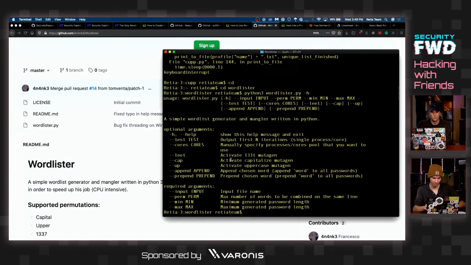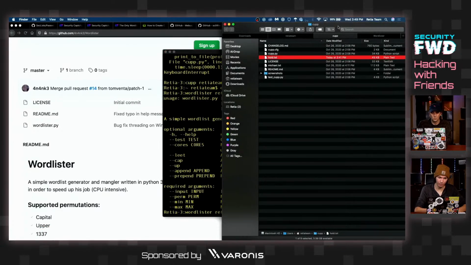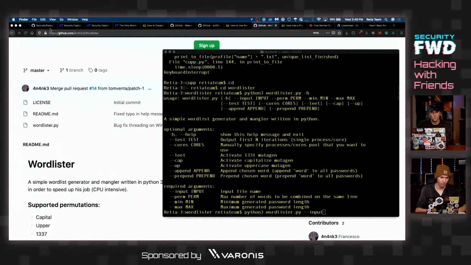So what does that actually look like? Python 3. Oh wait, no, I'm going to be lazy. There we go. Okay. So wordlister dash h, and then we have to do these required ones. Our tac input is going to be... I'm using another list, so I'm also going to quickly show you how I can take these word lists that we found online. For example, the SecLists,